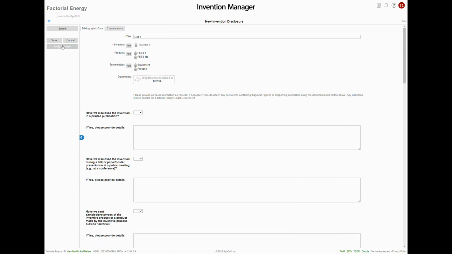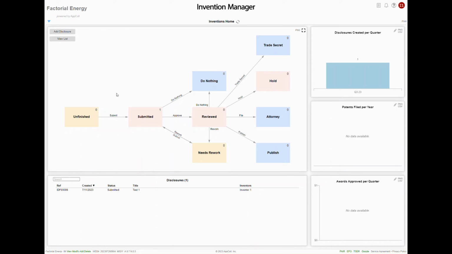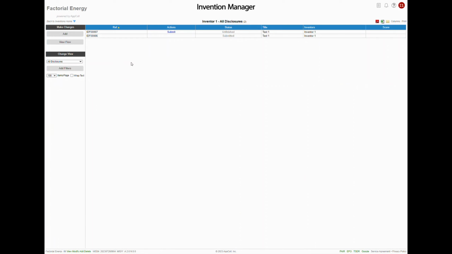At any point, you can click Save. If you're not ready to submit it yet, you can click Save. And what this does is it brings you back to this screen. You can also click View List, and that'll show you a list of your disclosures